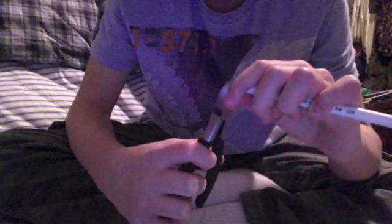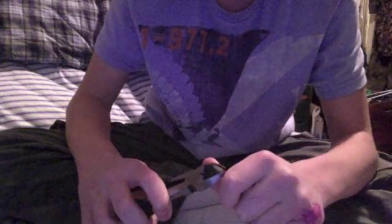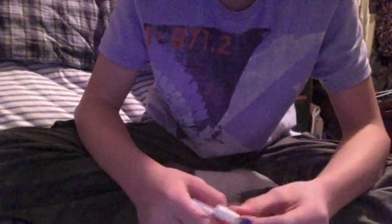So what you're going to do is take your pliers or whatever you're going to use and pull this little piece out of this pen. So it's just a tube. And you're going to do that to both of them. Now that you have those out, you're going to get your tape